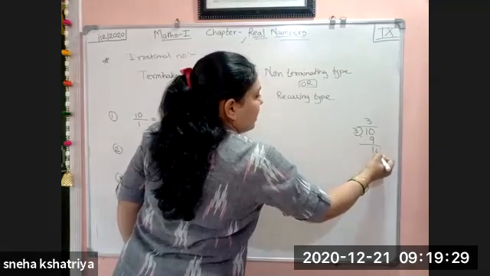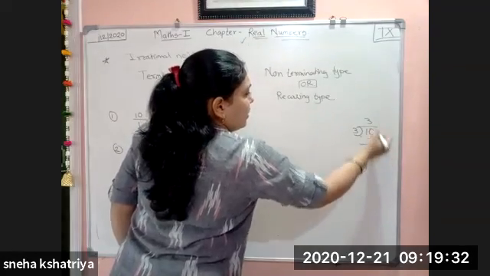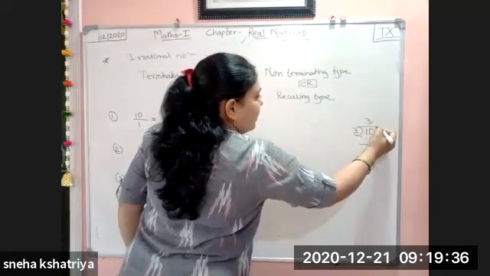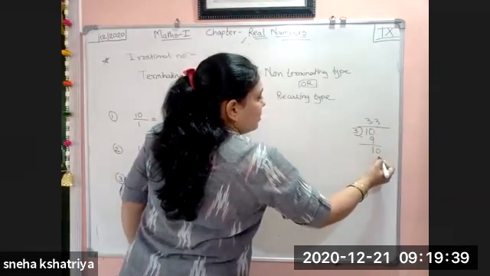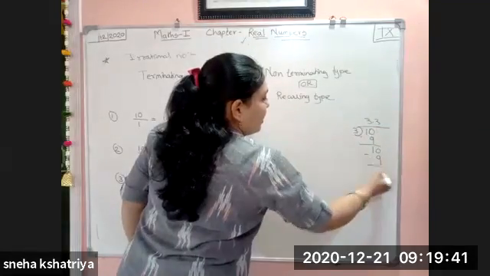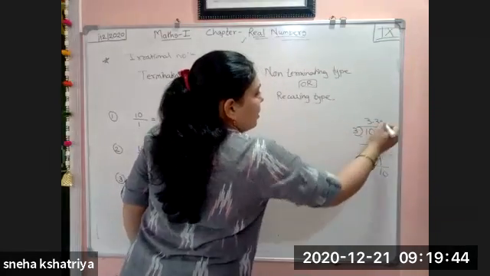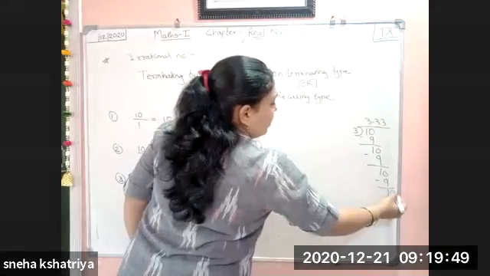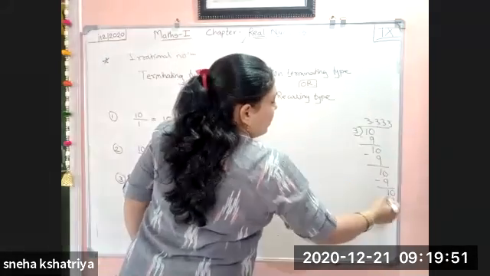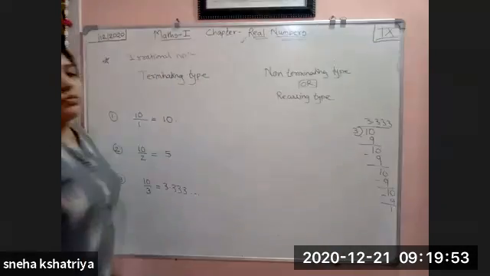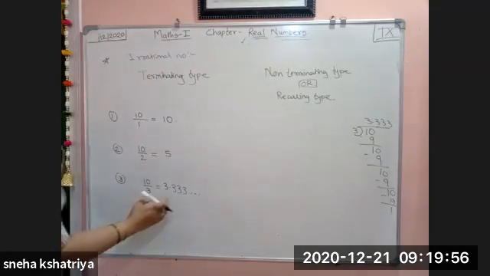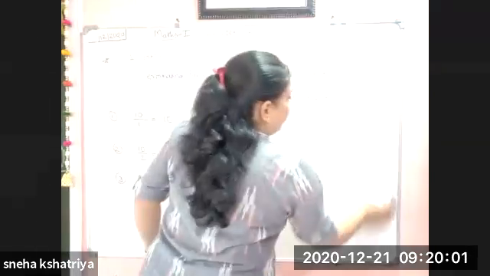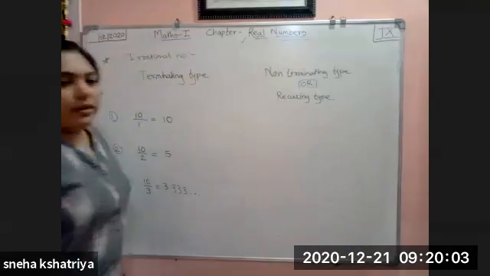So here we will get 0. Take a 0, put a dot. Then again it is 10, so we take 9 again. 3 threes are 9, minus, again 1. Take a 0. Again 3 threes are 9, the remainder is 1, and it is repeating so on. So it is 3 3 3 3 and so on. So 10 divided by 3 is 3.3333.